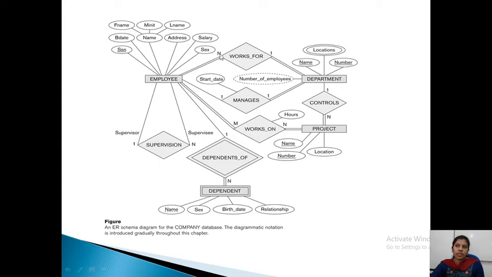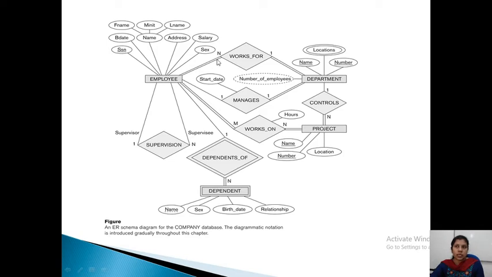Employee to department first we'll see. Employee works for department. So you can have n number of employees working in one department, right? So one department can have several employees. Whether an employee can be assigned to multiple departments? He will be employed for one particular department, right?